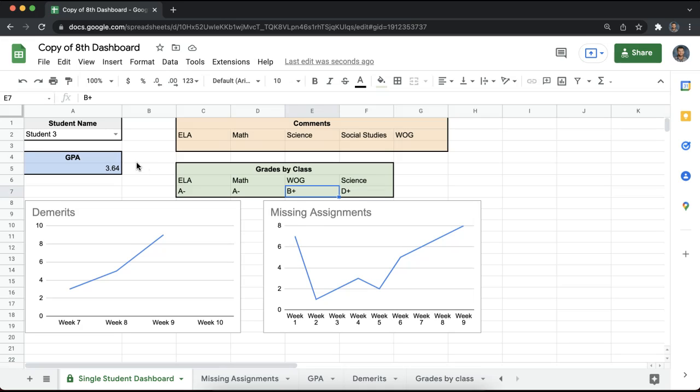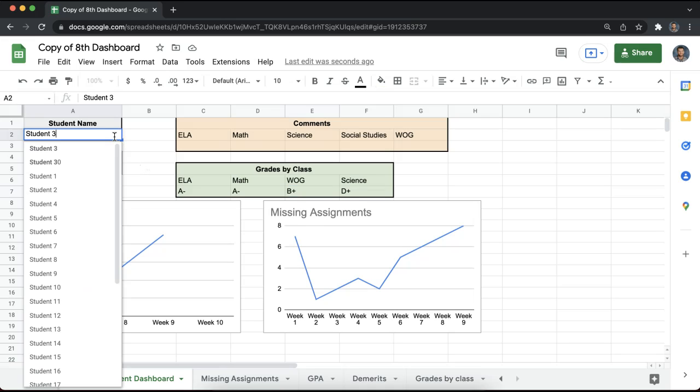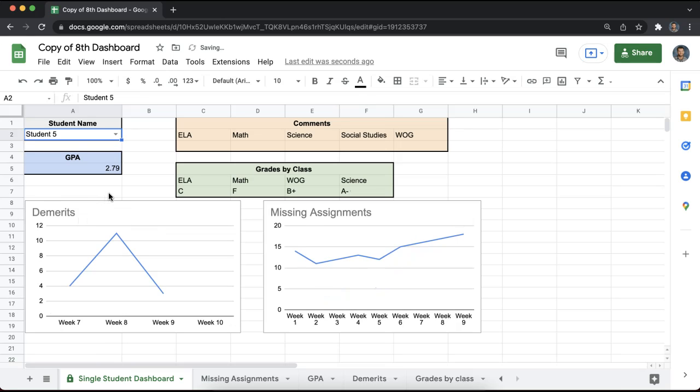Alright, so this video is going to be about how to build a dashboard for different types of student data. The idea is that all of these types of data, whether it's demerits, missing assignments, grades by class, GPA, could all be pulled from a student information system like Skyward or Infinite Campus or JMC or something like that. And at the start of the week, you just run a report and then copy that data into our spreadsheets